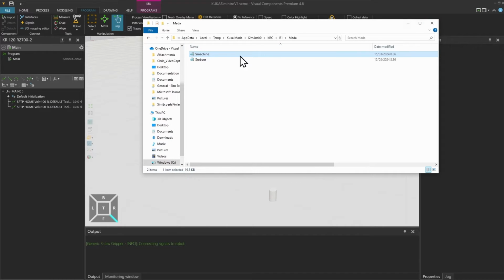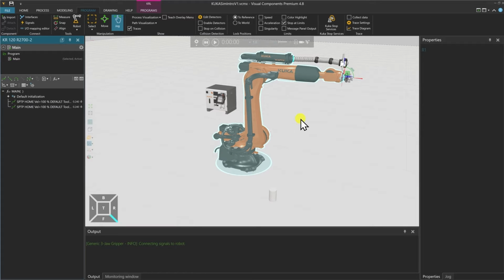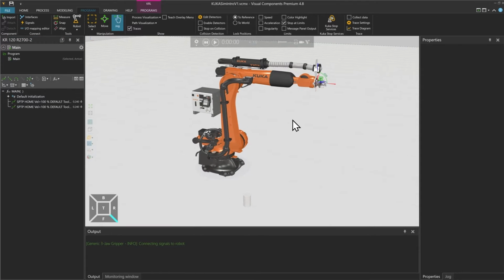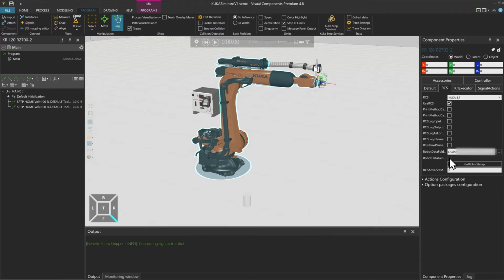Be aware that if you make changes here, it might not be taken into account in the simulation. So you also have to configure it in the simulation so that it is updated. Let's go back to the settings. If I want to make some new configuration and overwrite the machine data, I have to select this robot data generation box here, and it will gray out the path again and it will overwrite this temp folder.